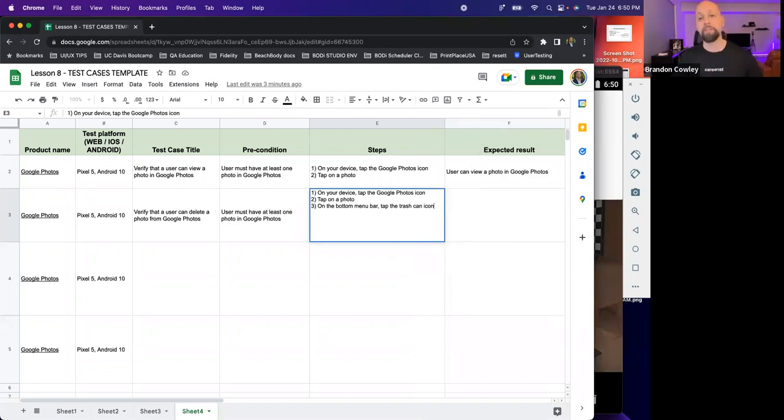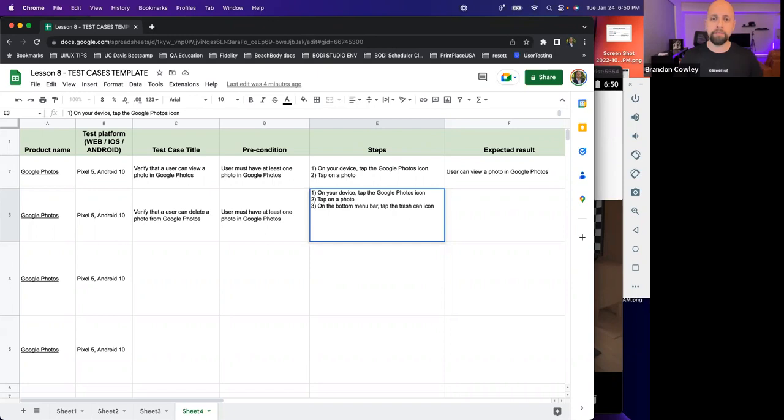I think we all, if I just said, hey, delete the photo, 9 times out of 10, we're just going to mindlessly go through, be like, blah, blah, blah. I know how to do this, right? But that's not the business that we're in. We are in the business of being precise and using clarity and making sure that someone else could do this. If we handed them this test case and they had never seen the application before, could you effectively guide someone through that path? I think that's a great way to think about, have you written an effective test case?